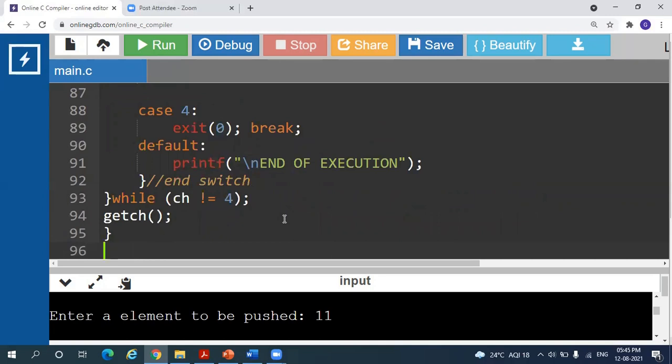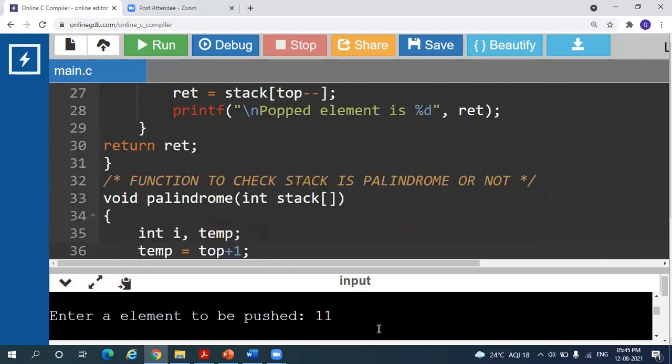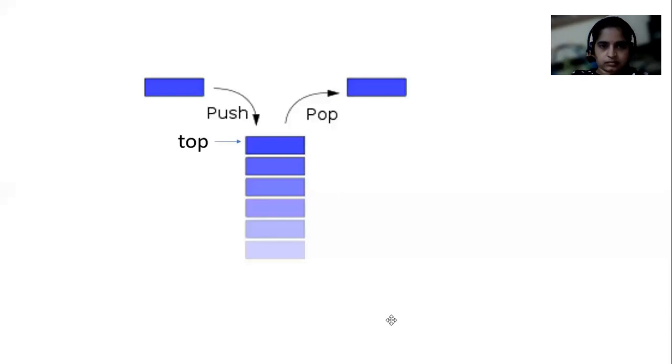So I told you I'll give you some insights in the end. So the insights are, we call it a stack as a data structure, but from an implementation point of view, it's just an array. Okay. And in our case, the array was of size 4. So it's an array.